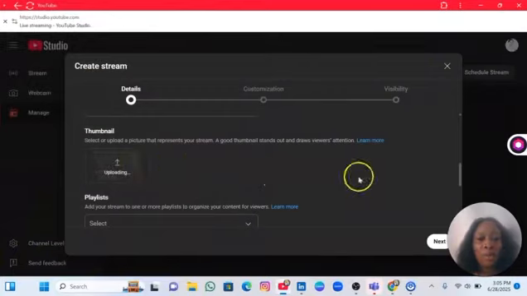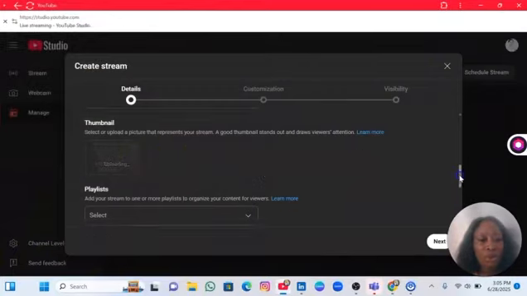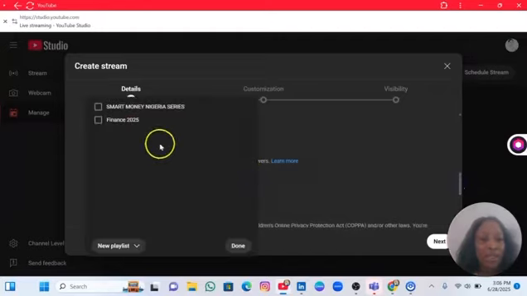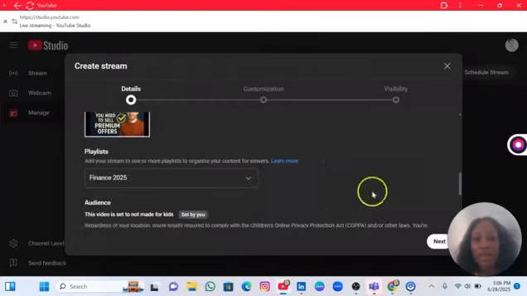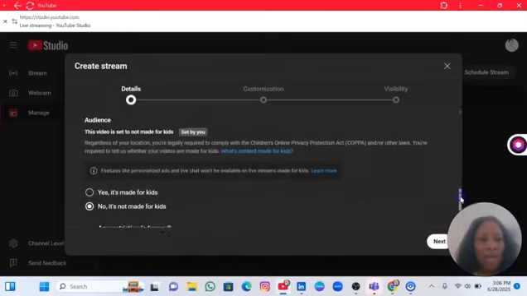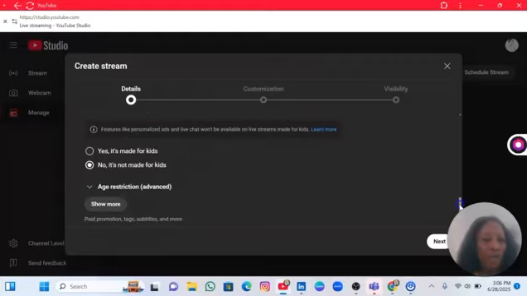So you upload the thumbnail here, and while it's loading, we scroll down. It'll ask if you should put it in any playlist. So I'm putting it here. And if you don't have a playlist, you can simply create a new playlist, but I already have existing playlists. And then you go down, and it'll ask you, is it made for kids, or no, it's not made